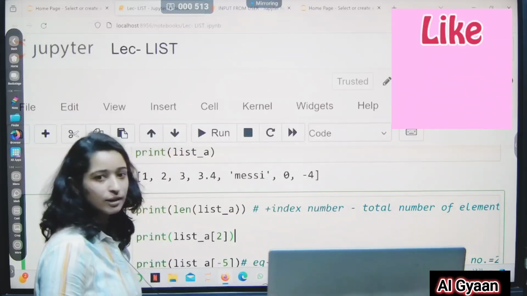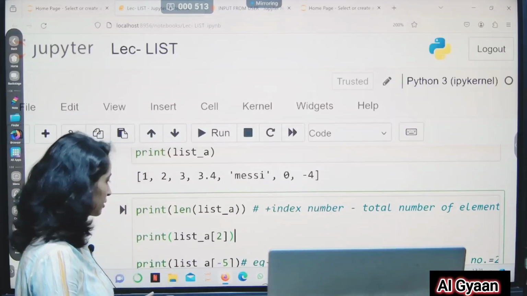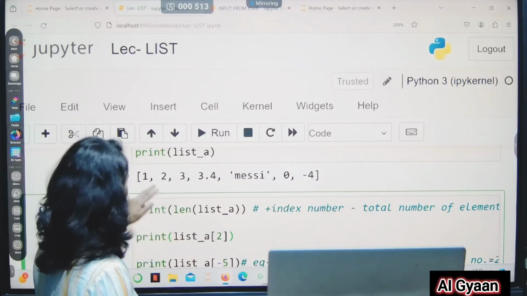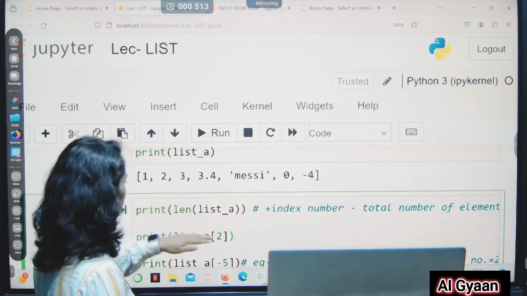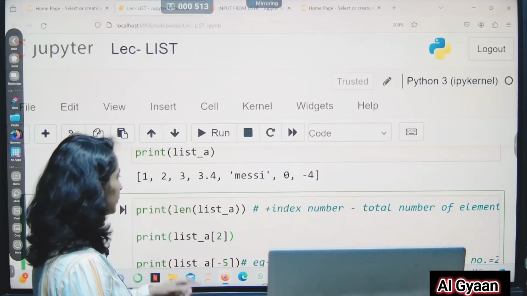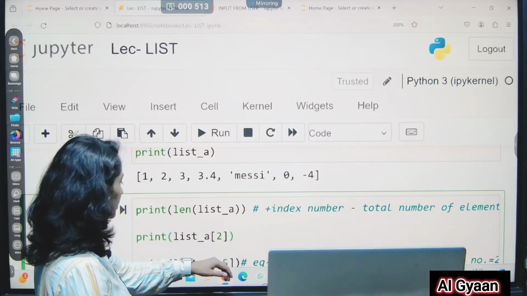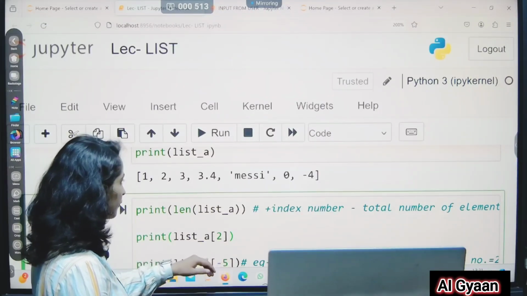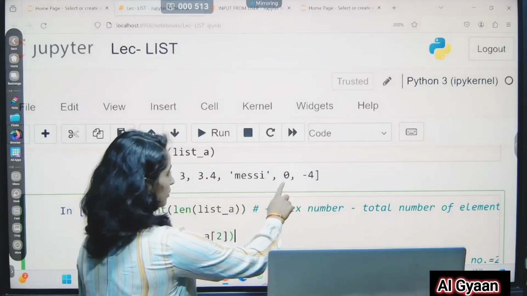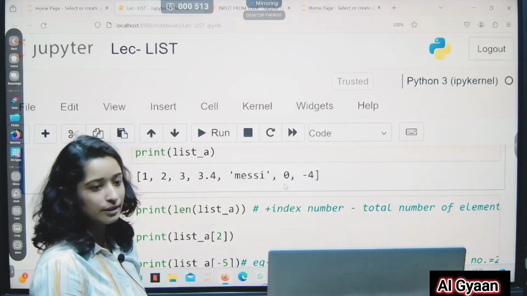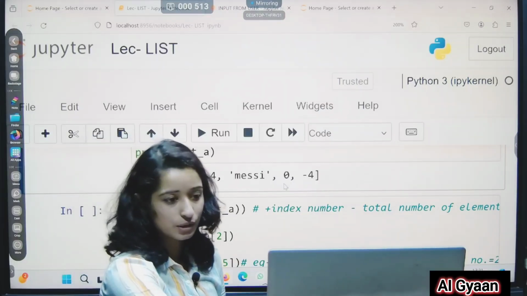So my list contains a total of 7 elements. For the second one, counting 0, 1, 2, which element is at index number 2? That is 3. And which element will be at index number -5? Counting -1, -2, -3, -4, -5, that is 3 as well.